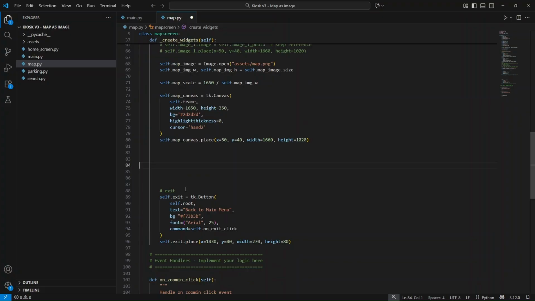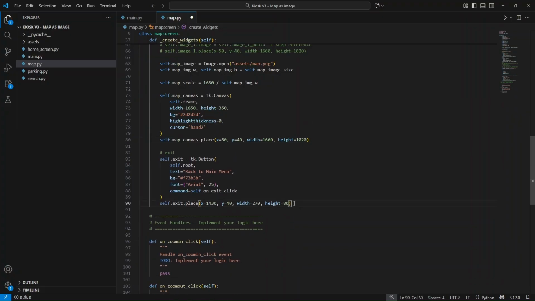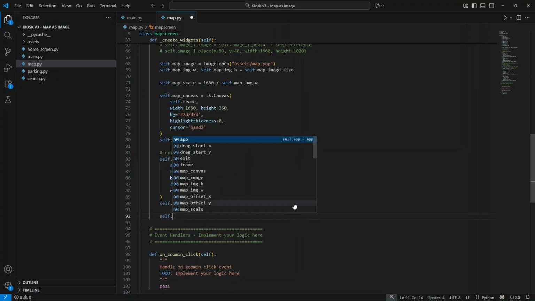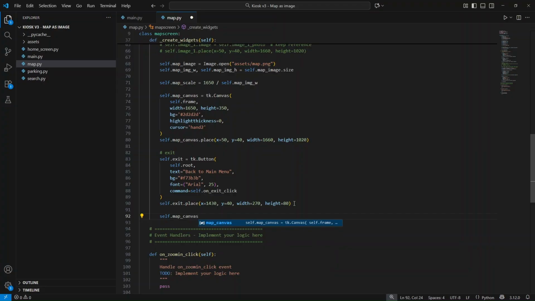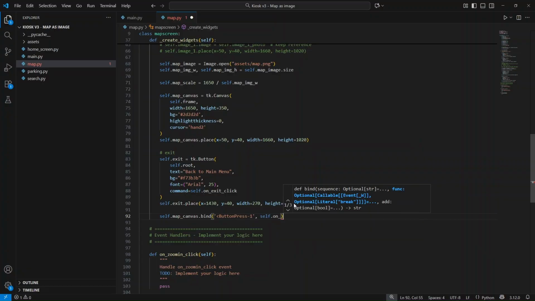So you've successfully created the canvas with the picture in it. However, a couple of things we need to do before this section where we actually build the GUI comes to an end. We need to bind the events that allow the user to drag and manipulate the map to functions. The way we do this is we call the variable, so the map canvas here, we say dot bind, and then for the mouse press we're going to put square brackets button press -1, and then we're going to bind that to the event self.onMap